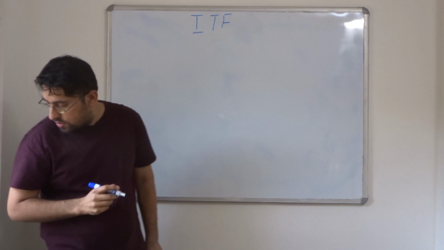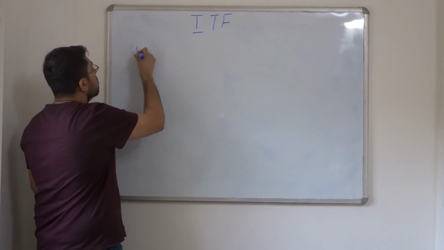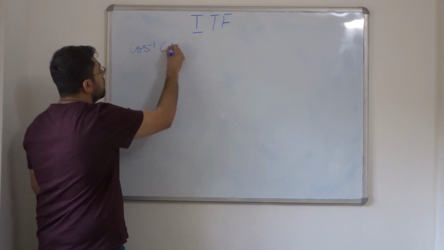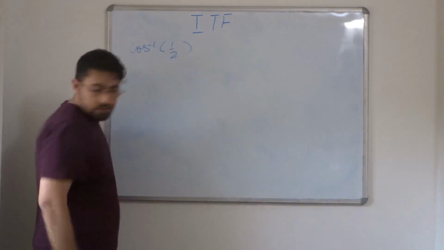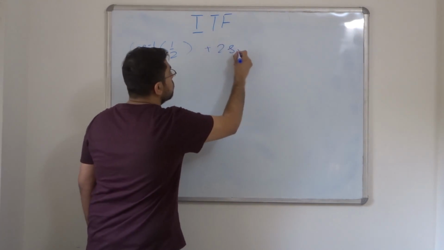Let's do another question now, guys. So you have cos half, plus 2 sine